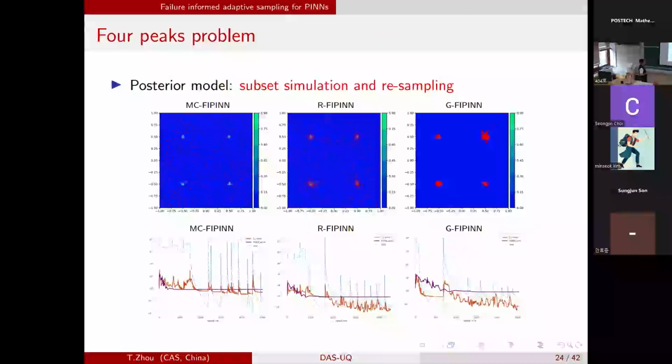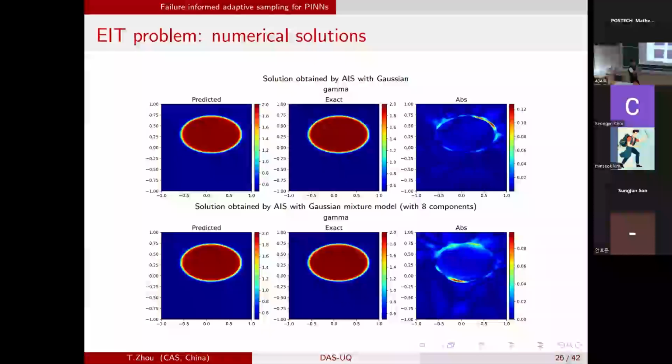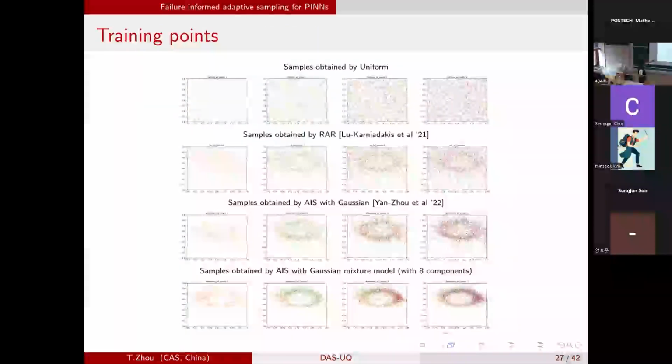You can do the same thing here. Here we also use a Gaussian mixture, but this is not a finite-dimensional problem. This is actually an infinite-dimensional discontinuous function. It is continuous, like a ring. It's not four points or eight points, or things like that. For this, we also use the so-called Gaussian mixture. You can see the difference here.